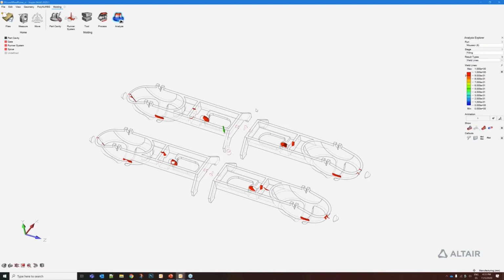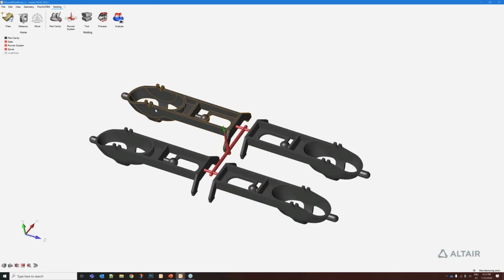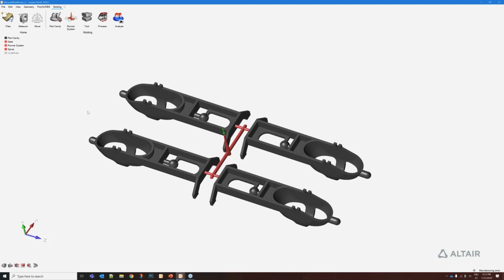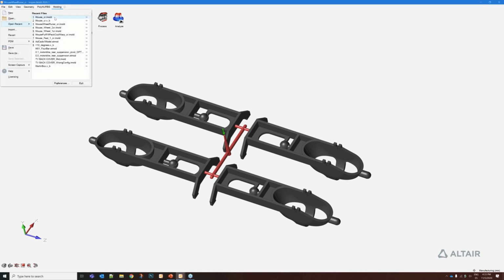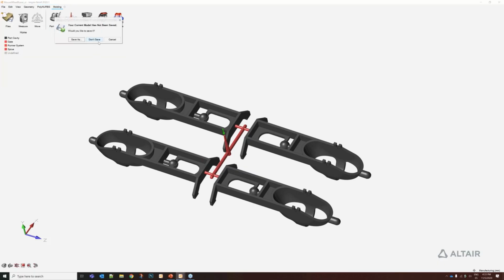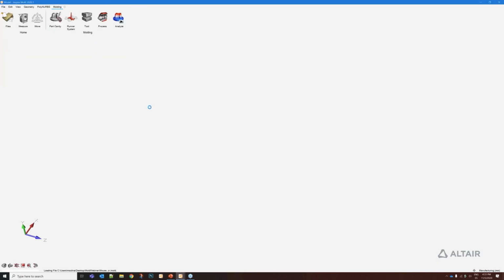But also we would like to know more advanced data from my process. I want to know what will be the deformation of the part after the molding. I want to know what will be the packing time, if I will have sink marks and these kinds of things that are included in a detailed analysis. So what I will show you now, let's go back to the original geometry, and I will select a different geometry, a different part of the mouse